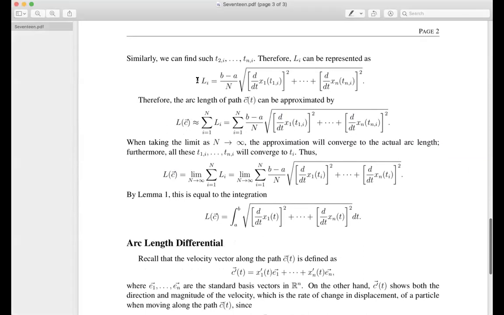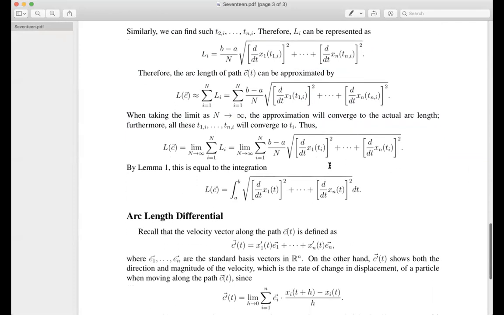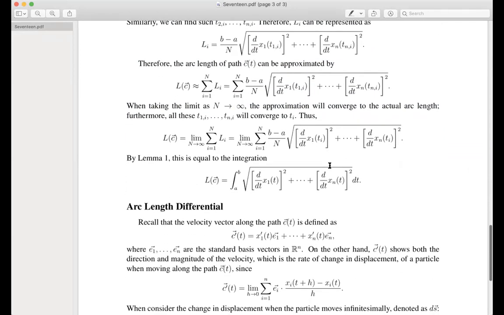So when you sum up all this length of the I segment, you just basically sum up all these square roots, right? Because they have the same factor (b minus a) over n here. So when you take the limit as the number of partitions n goes to infinity,